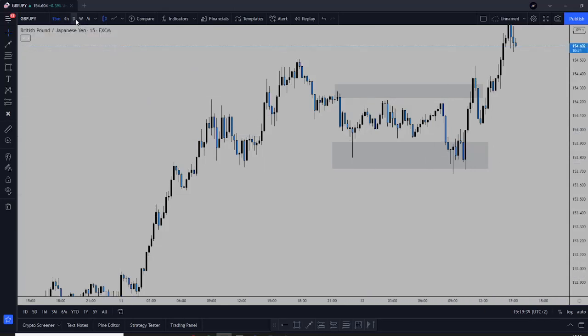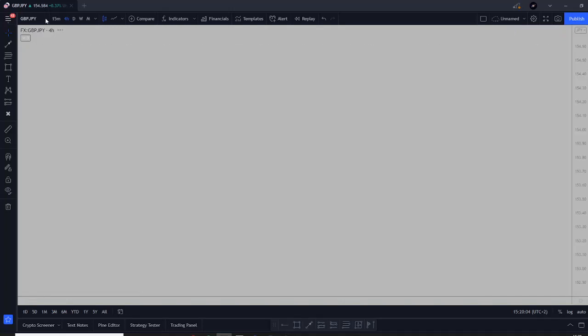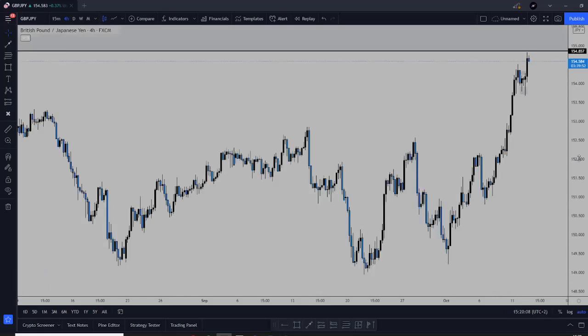So this happens a lot, guys, especially on those smaller time frames. This happens almost every single day. Obviously, you can see this on the 5-minute as well, on the 1-minute as well. Okay, this is lagging, guys. I don't know what's happening here. So yeah, you can see this on the smaller time frames as well, like the 1-minute, the 5-minute, but that's just a bit too messy for us, a bit too quick. So we don't trade those, but you can definitely look at them on the 15-minute.